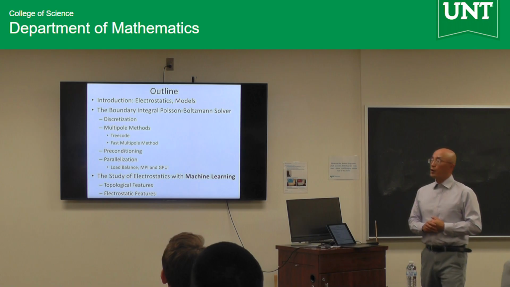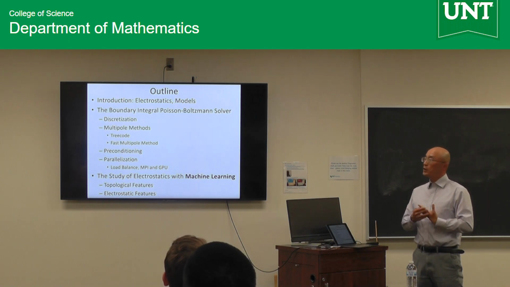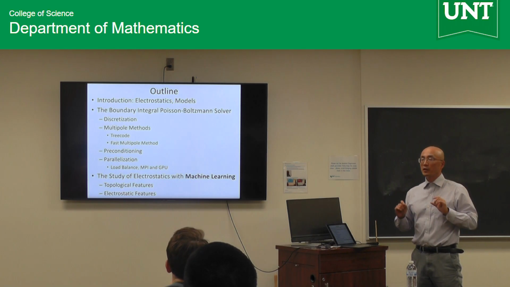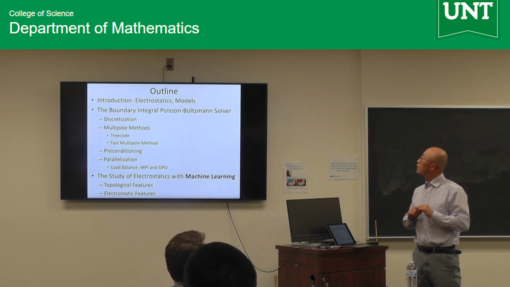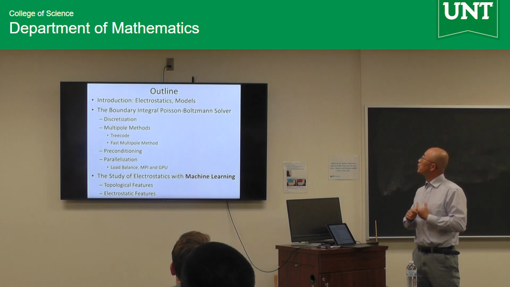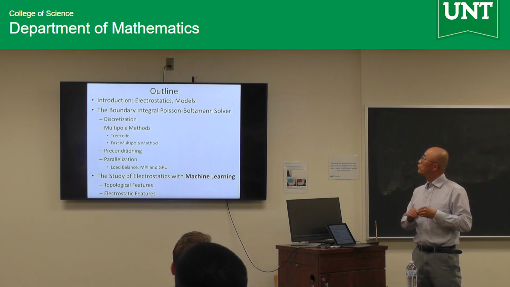This is the outline. Basically, as I said, I'm going to study the protein at the molecular level, 10 to the negative 10 meters. At that level, the electrostatic interactions are very, very important. That's why I'm going to have models to study the electrostatic interaction, which is called the Poisson-Boltzmann model. And then when we try to solve the Poisson-Boltzmann model, we use what we call the boundary